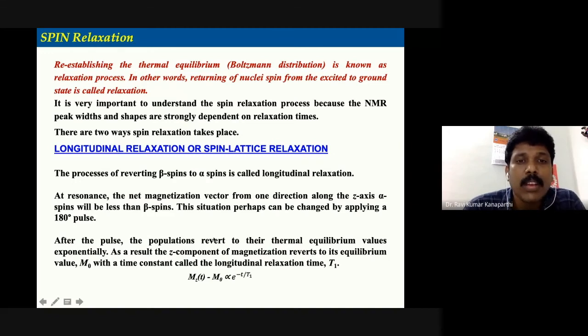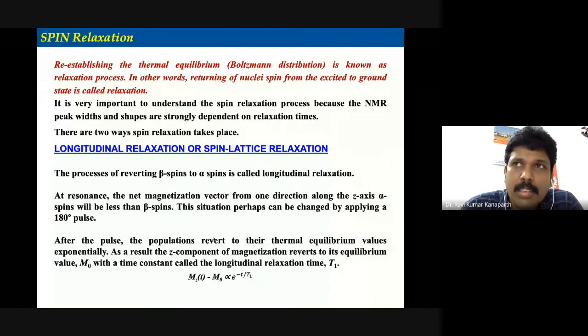Okay, so dear students, having understood the concept of how the signal is detected or recorded in an NMR spectrometer, we'll try to understand what is called spin relaxation. What is spin relaxation? What is spin? Nuclear spin, basically, and these nuclear spins try to go back to their original position in two different possible ways. Those are basically longitudinal relaxation, or spin-lattice relaxation. The other relaxation process is basically the spin-spin relaxation process, or a transverse relaxation process.